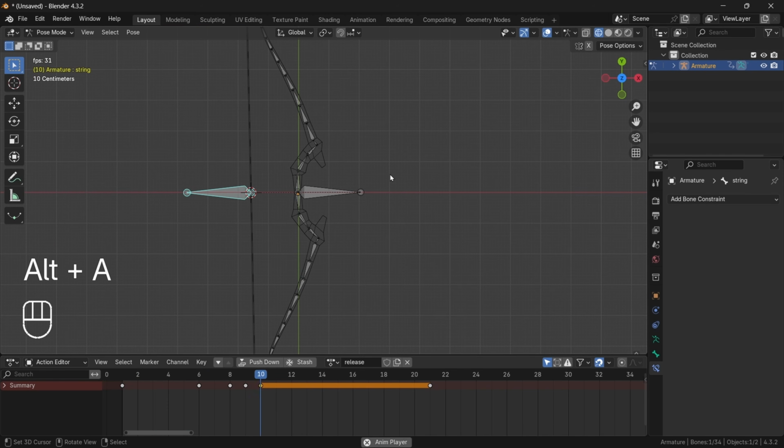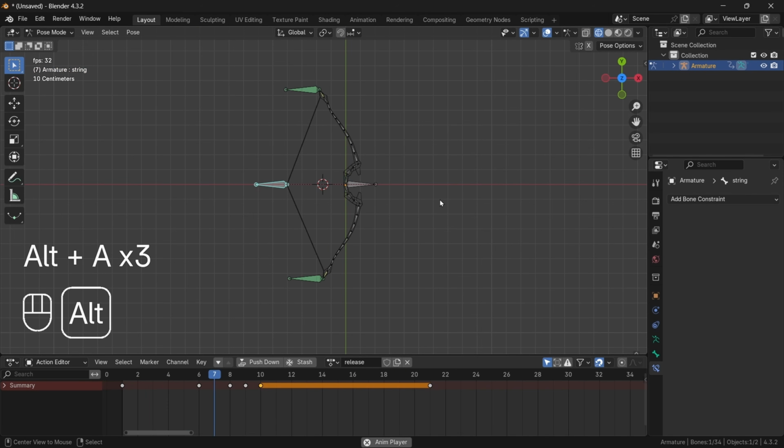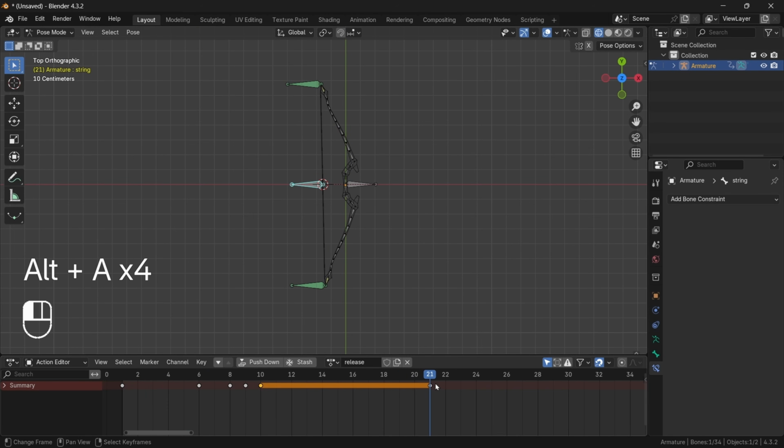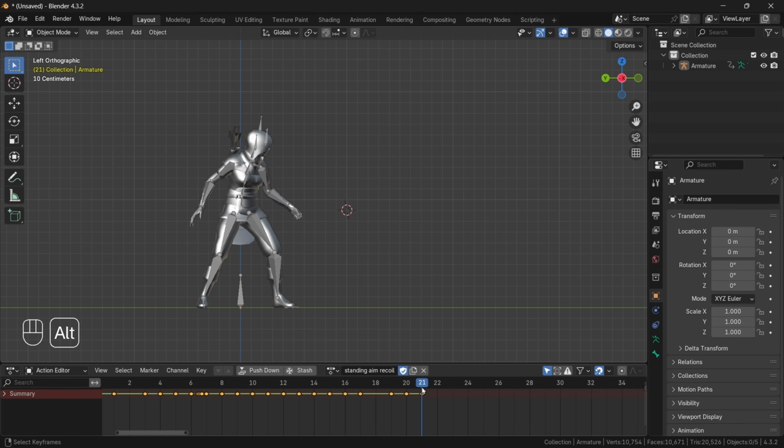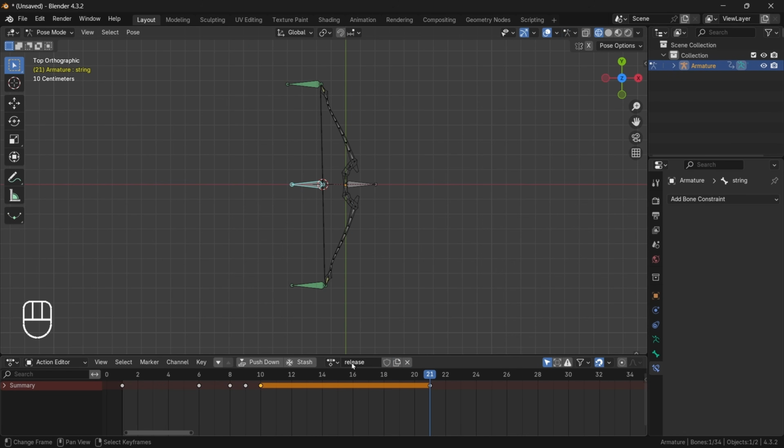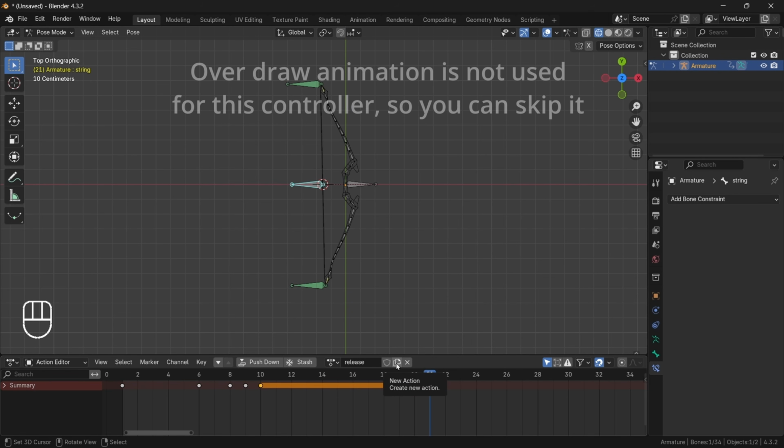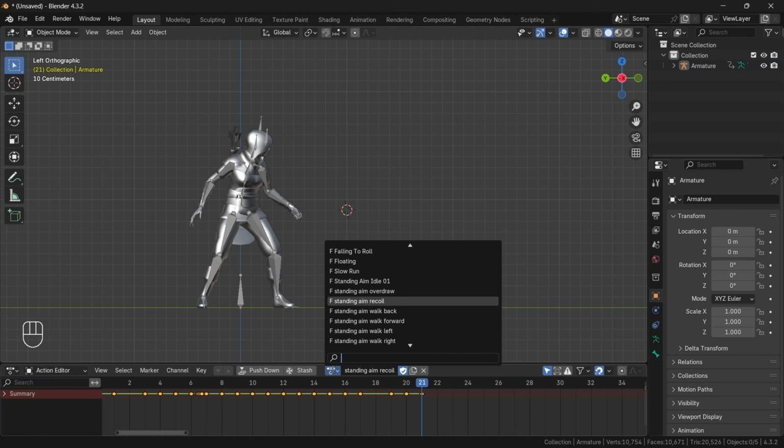Something like this. Okay, so that's it for this release. The animation of release is 21 frames, so make sure it matches. And the last animation that we need to create is overdraw. So let's create a new action, let's call it overdraw, and